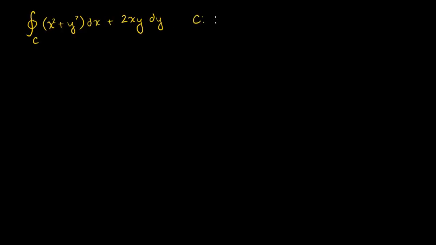is going to be defined by the parameterization x is equal to cosine of t, and y is equal to sine of t. And this is valid for t between 0 and 2 pi. So this is essentially a circle, a unit circle in the xy plane. And we know how to solve these. But let's see if we can use some of our discoveries in the last couple of videos to maybe simplify